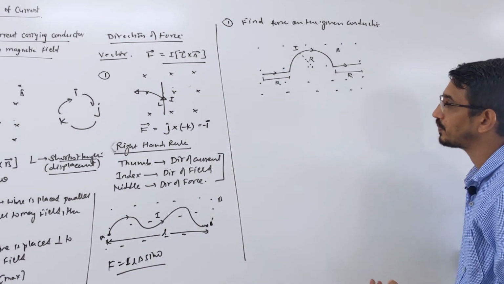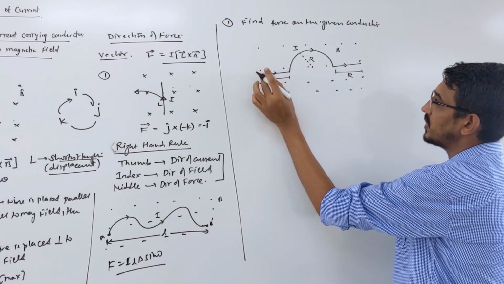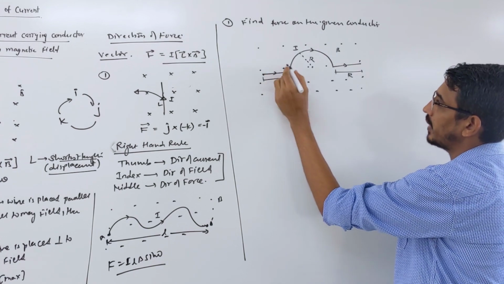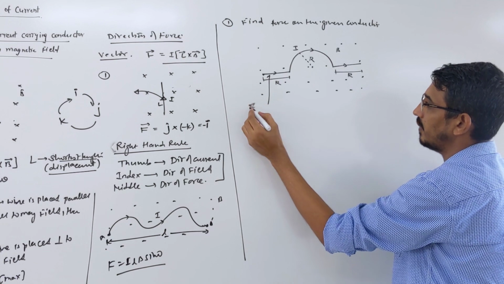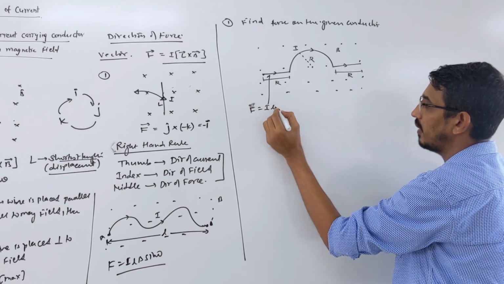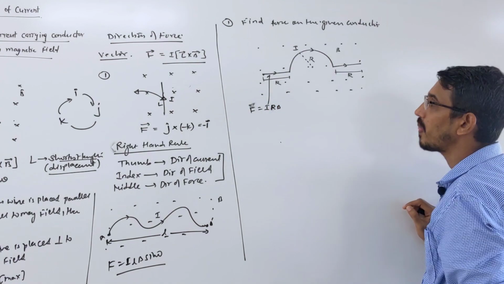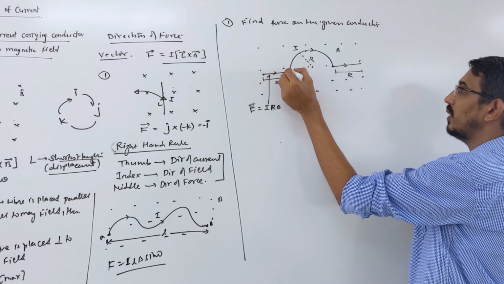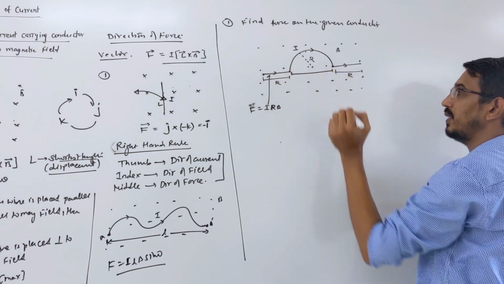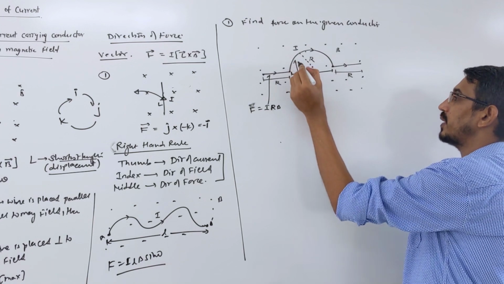So watch it. Look at this part. This part over here is a straight line. So the magnetic force on this part is what? F is equal to I L, where L is R, and magnetic field B. Then on this part we need from here to here, a circular arc, but the distance will be this much only, right? We need the straight distance always. So the magnetic force on this much part is what?